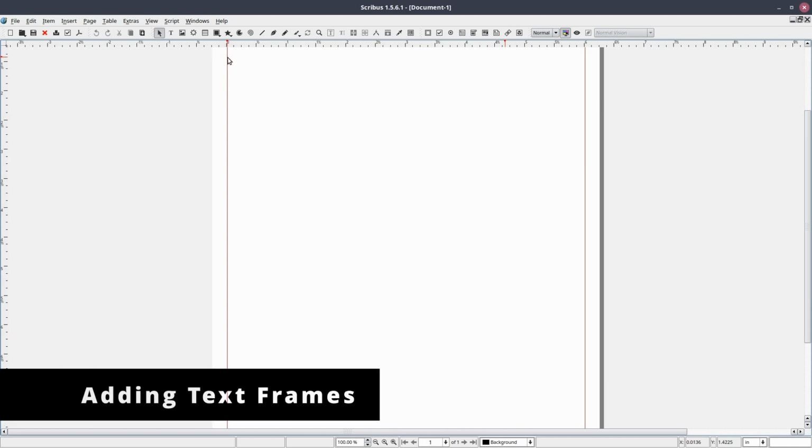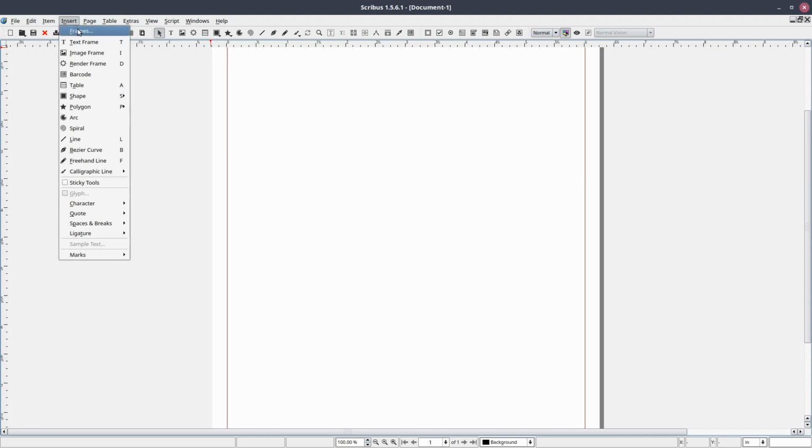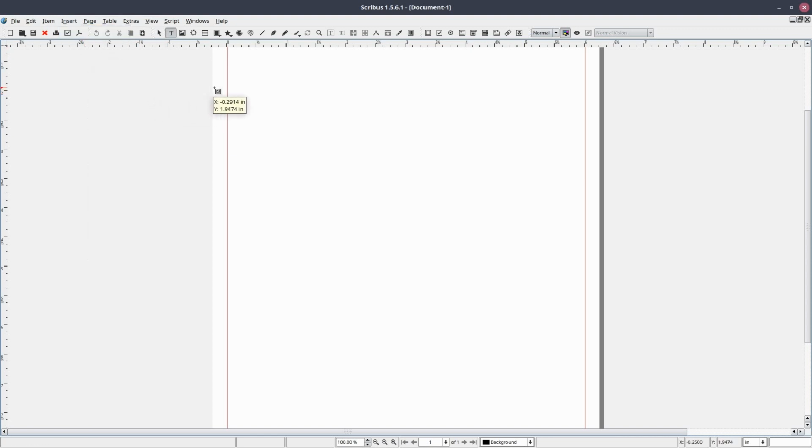All right, now let's look at adding some text frames to our workspace. There are a number of ways to add a text frame to the workspace. Number one, from the standard menu, select Insert, Text Frame, and notice the change in the mouse icon. It kind of looks like a little text box. Then, using your mouse, draw a rectangle on the workspace for the text content to fit inside. Let's add our first column on the left side of our workspace.